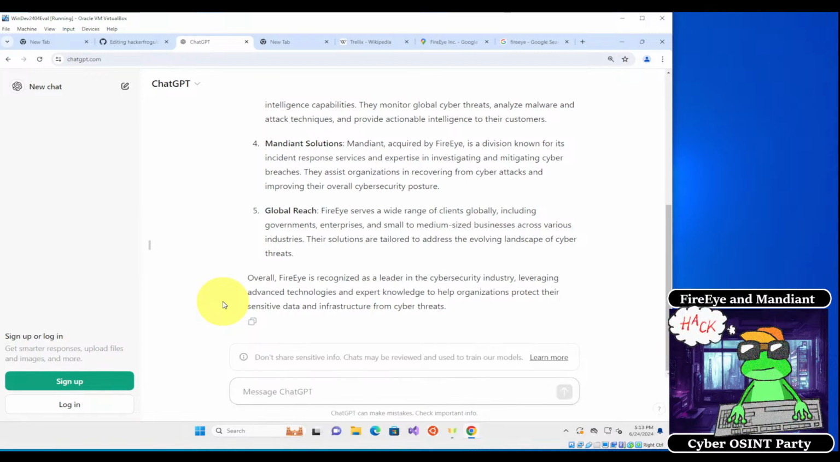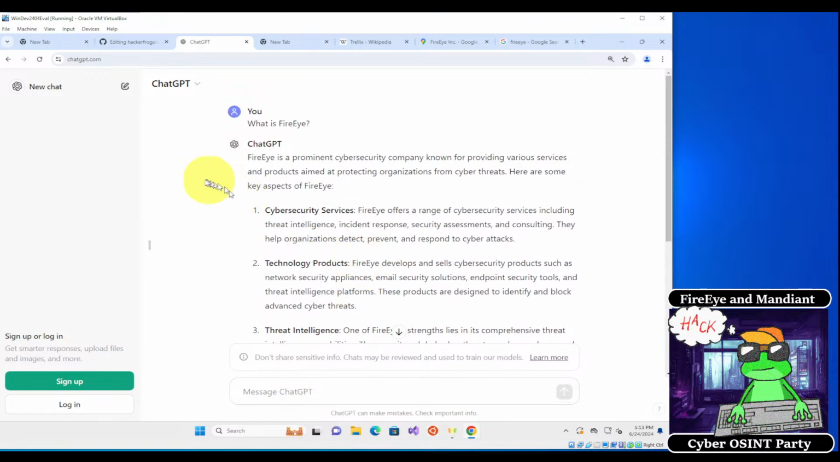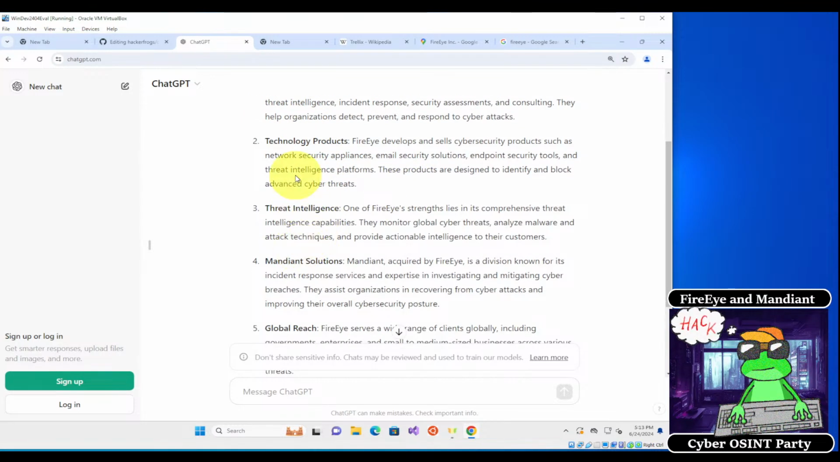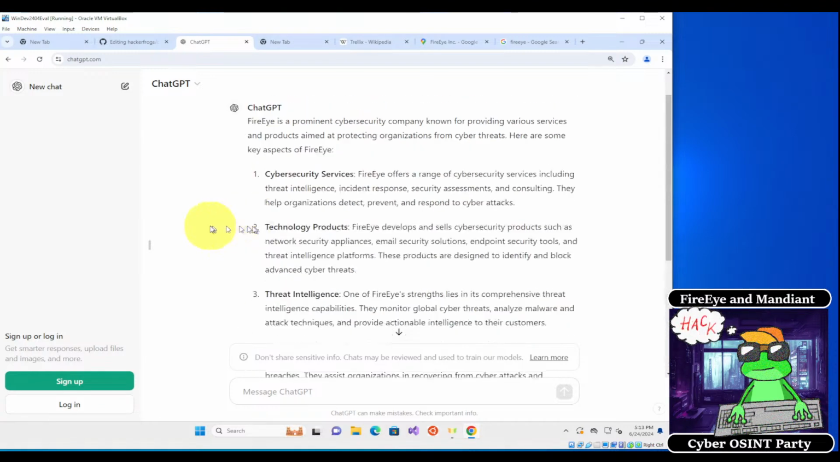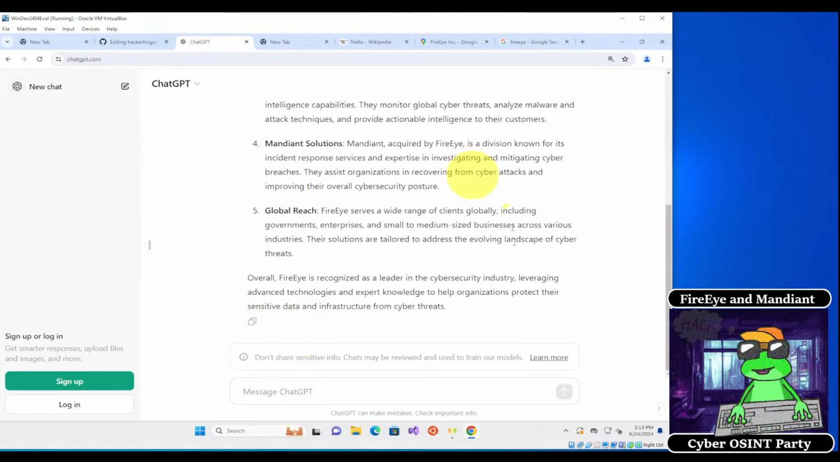Historically. So before we do that, let's take a look at what the FireEye entry for ChatGPT is. FireEye is a prominent cybersecurity company known for providing various services and products aimed at protecting organizations from cyber threats. Okay, they have cybersecurity services, technology, products, Mandiant Solutions. Of course, we know that Mandiant is part of FireEye, but apparently FireEye is also part of Trellix, which this article over here doesn't mention. That's interesting. I guess it happened